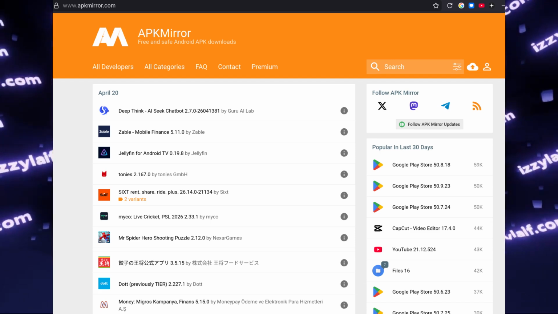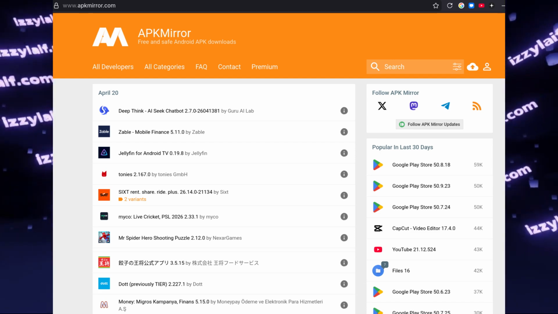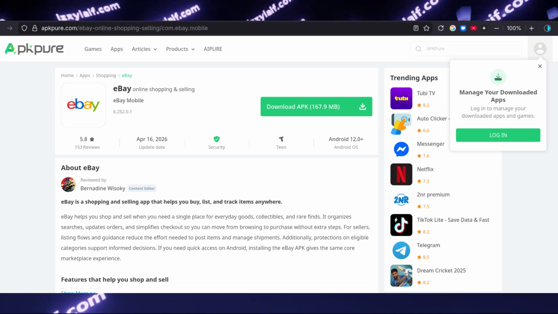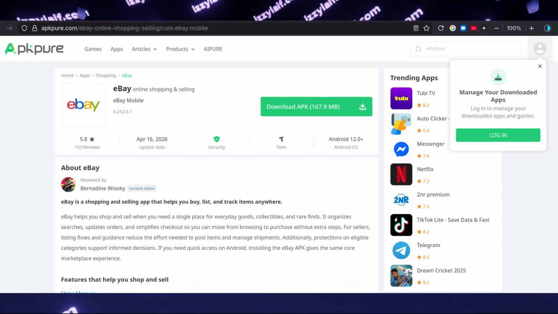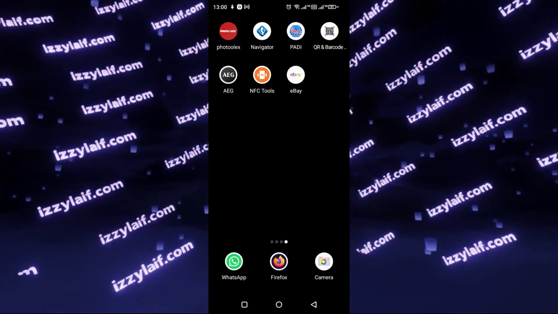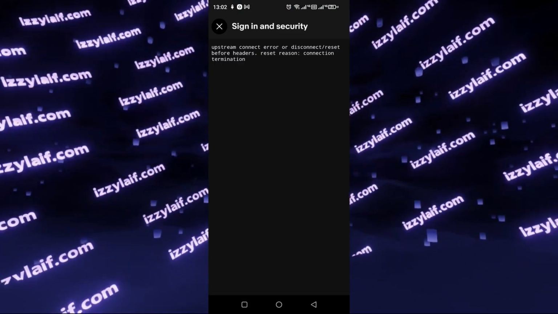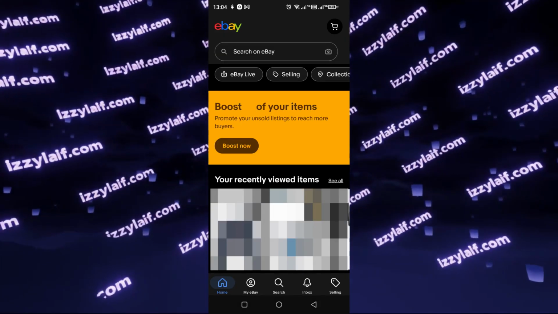The workaround is to sideload the app, that is, install it from a package file instead of the Play Store. There are many websites where you can download apps and several ways to install them, which Android still allows. So download and install the eBay app from a file, then try logging in again. On the first attempt, I got an error: Upstream connect error or disconnect reset before headers. However, after closing the app and trying again, I was able to log in and have been using the eBay